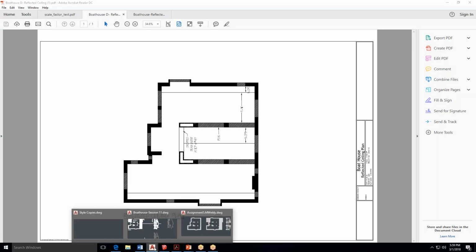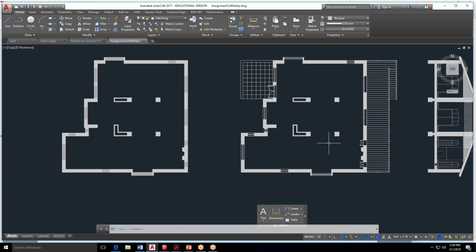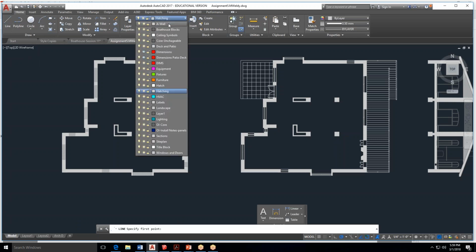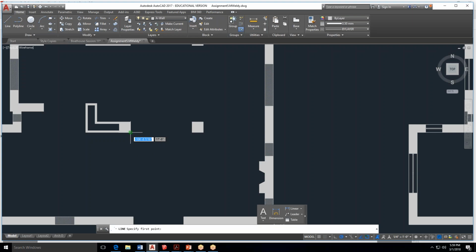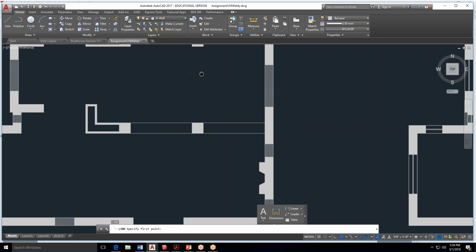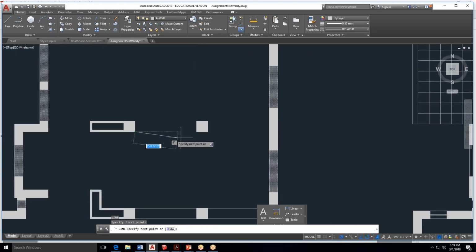So let's go back to our AutoCAD and look at what we've got. So we said we're completing this. We can change this back to be a wall for now because we're just drawing lines. And I'll just drag from that endpoint to the perpendicular over here. Escape and then enter to get back into my tool. Endpoint to the perpendicular, escape, enter to get back into my line tool. I'm doing the same thing as I'm aligning these corners over here. Escape, enter,